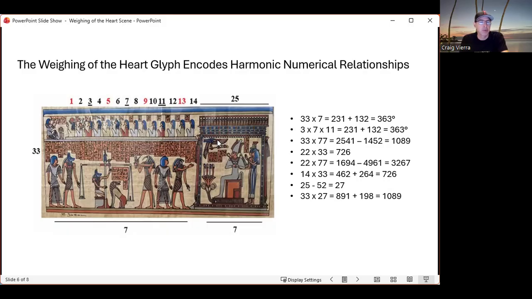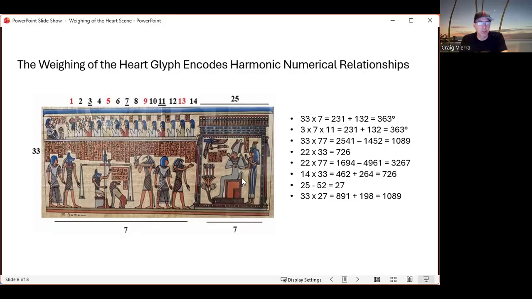Now, one of Toast's favorite numbers was 52. So there's 25 up here, decorative items. If you minus it by its mirror, 52, you get 27. Where we see 27, that's the crystal spiral. And then if you look here, you've got